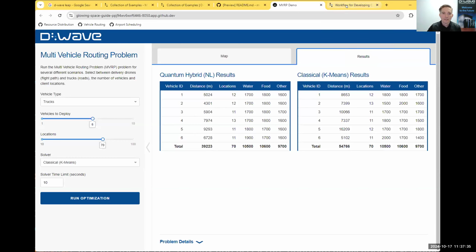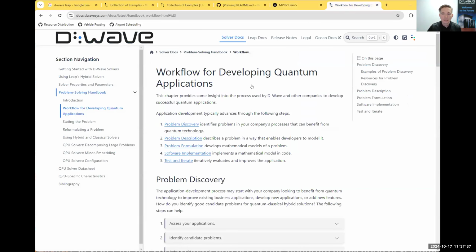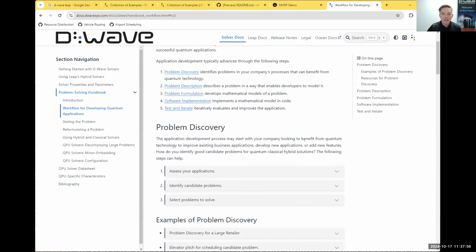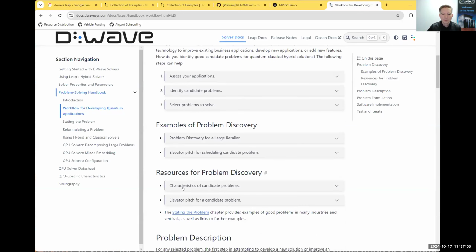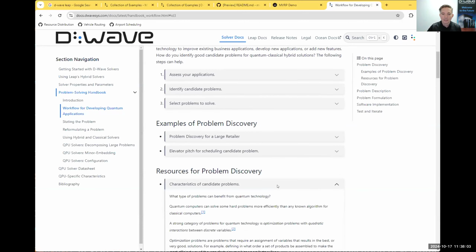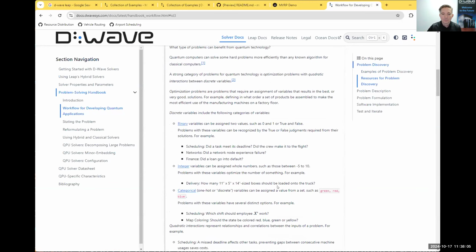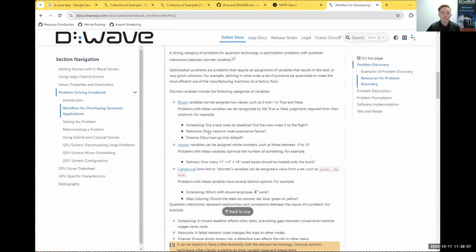Now, the last thing I want to show you is a resource online in our documentation, where in our problem-solving handbook, our talented documentation team has built a workflow for developing quantum applications. So this follows through the process from discovery through to testing and iterating that we use and that we have found is very helpful for building applications. And it includes these resources here about the characteristics of candidate problems. So if I expand this section here, you'll actually see that there's some really real world description of,